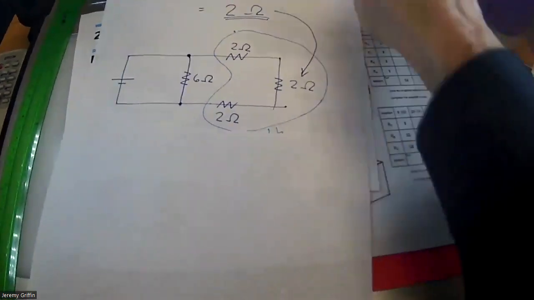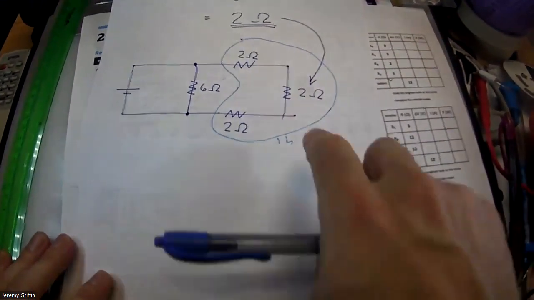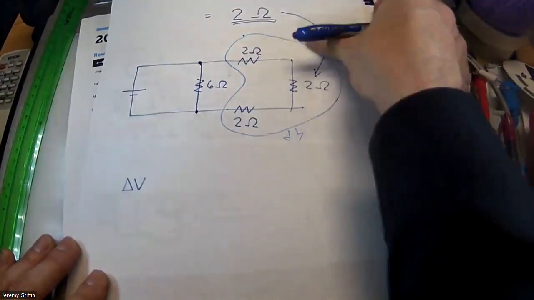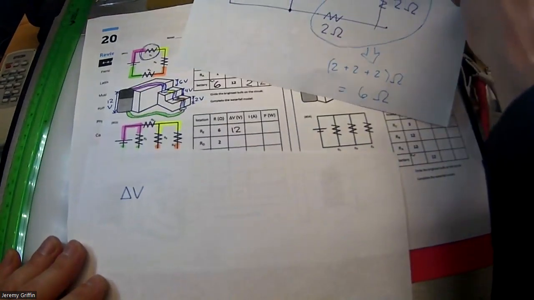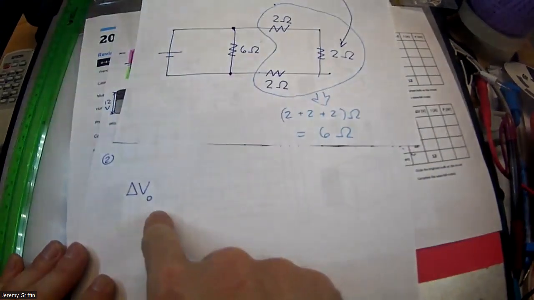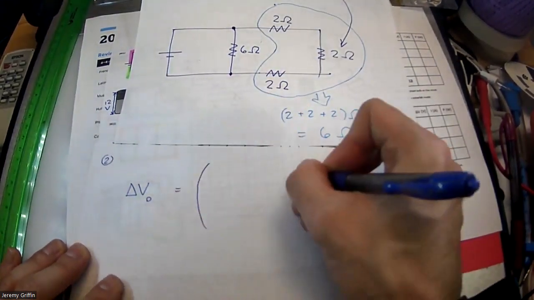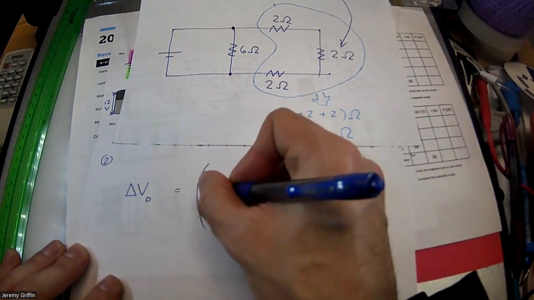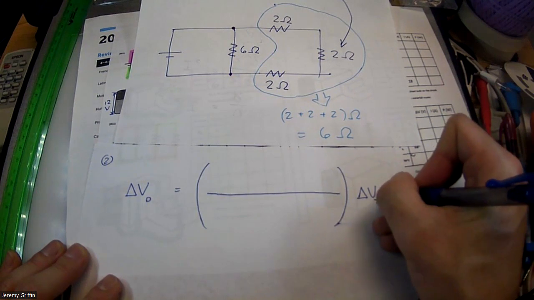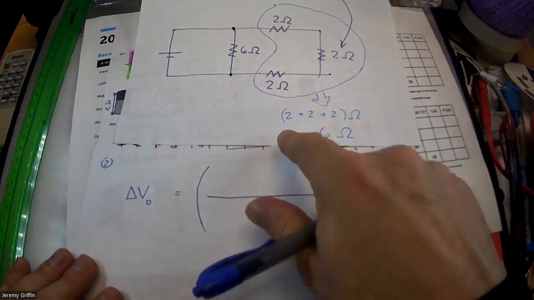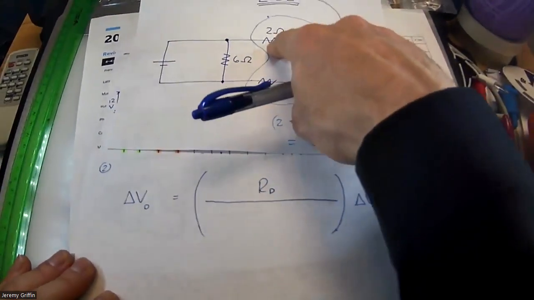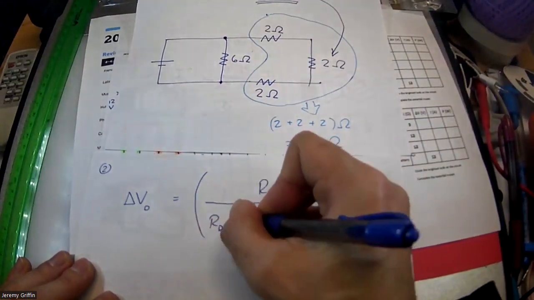So just playing off this. Now I'm just going to write with my own numbers. The voltage drop across, actually, maybe let's do this a little bit generic first. Across D, this is for number 2 still, is equal to, I'm going to set up a big old proportion. A fraction bar, delta V total, just in terms of variables. So this is going to be resistor D over resistor D plus